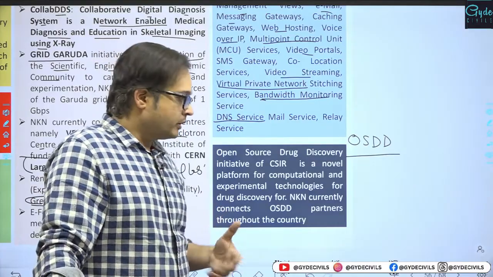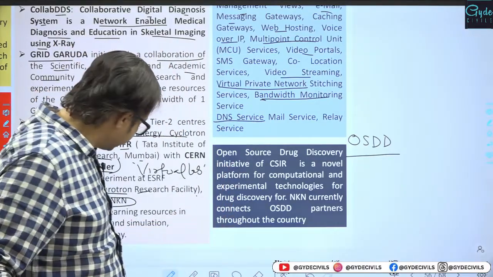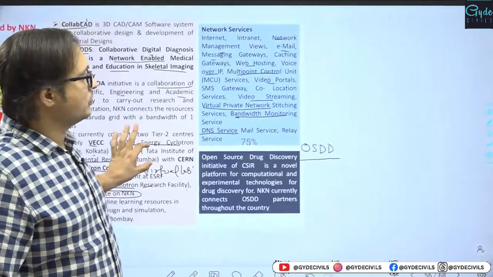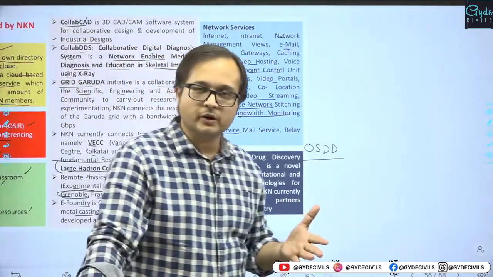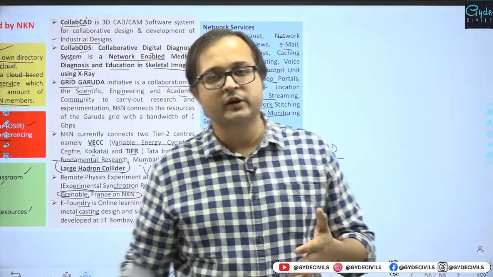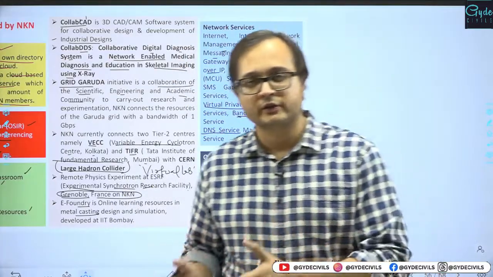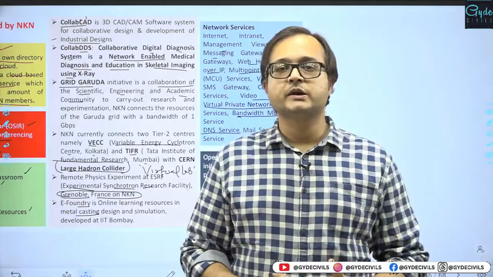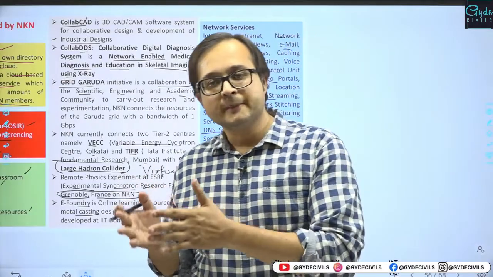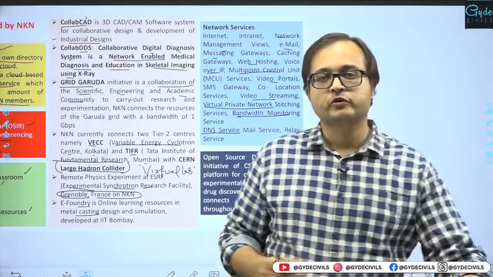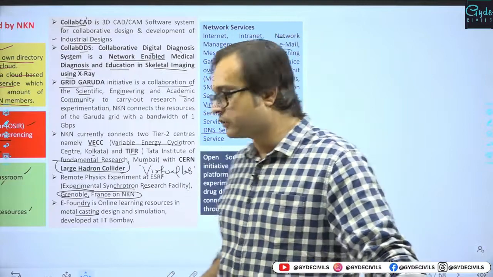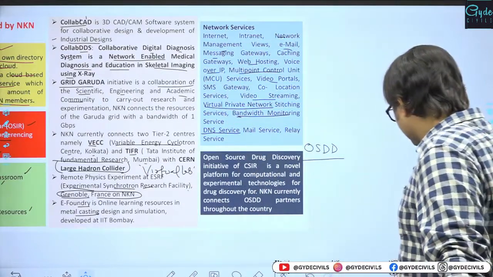Now based on this, the network and its utility can be understood. How the National Knowledge Network is important and how it is utilizable: we have seen it can help in distance education, distance learning, and collaborative learning, and participation between national institutes and global institutes can be created. That's why the National Knowledge Network is so important. Next, if we look at the